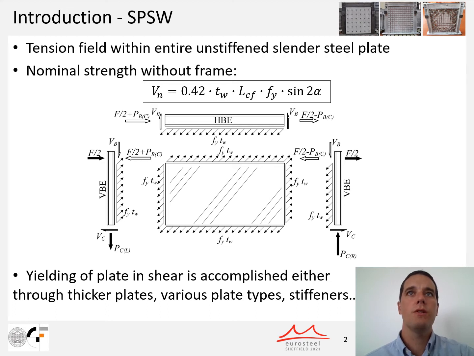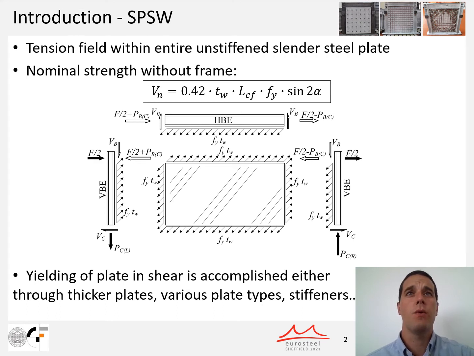The contribution of the moment resisting frame to the strength of steel plate shear walls is completely ignored, and nominal load-bearing strength is calculated as the strength of the infill plate alone when tension field forms over the entire plate, as is given by the following equation. In that case, the stress distribution between the system elements looks like on the given figure. It is clear that formation of the tension field requires boundary members of adequate strength and stiffness.